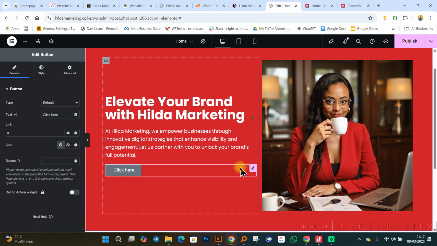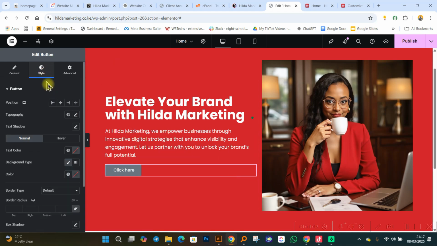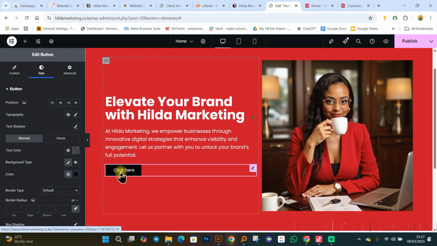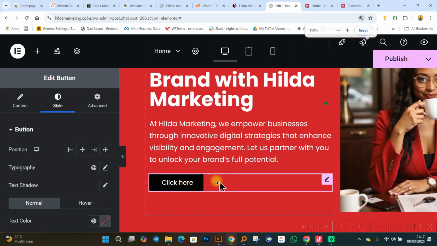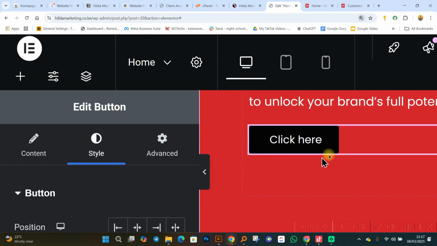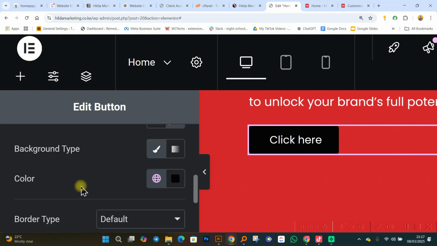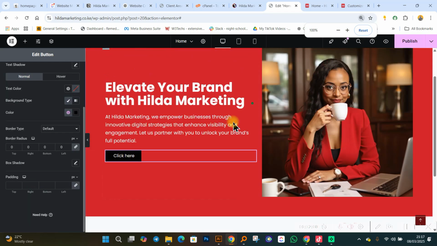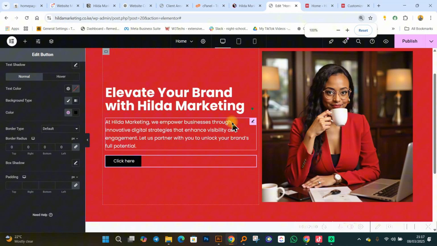If I click on my button, I click on style, and then click on color. I can change the background color of my button to something like this. Remove this radius. Ukiangalia hii button, ikona kakitu hapa. Ikona ka something hapa hivi. If I reduce the radius and set it to 0, inakuwa like a complete square. But if I had something like 20, itakaa hivo. So we can just remove the border radius. So if someone asks you today what is a border radius, that is what I mean.